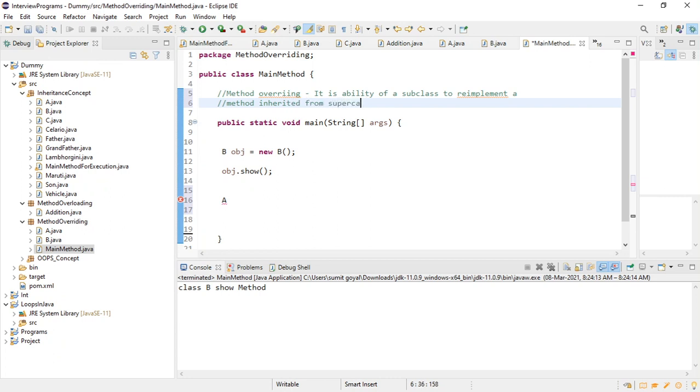Superclass means parent class. So here what is our parent class? It is A, right? Superclass, or you can say parent class. And what is the subclass? It is B, subclass, or you can say child class.